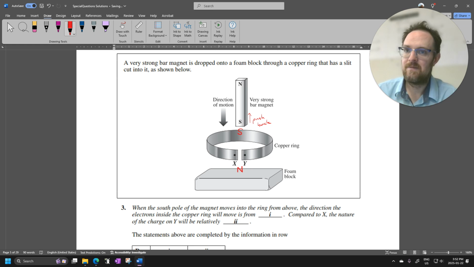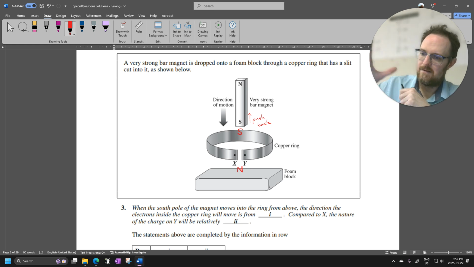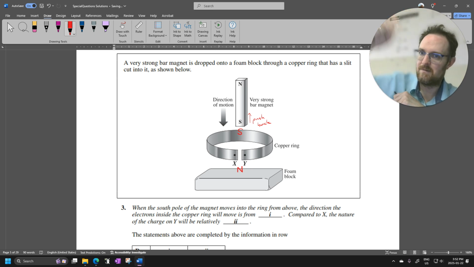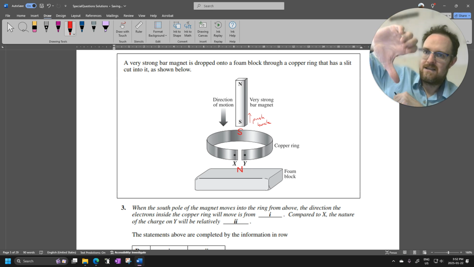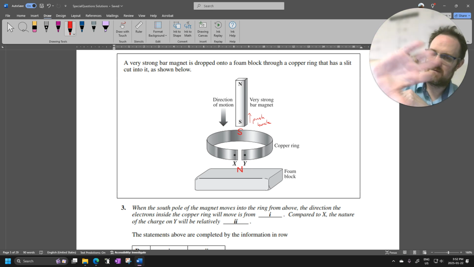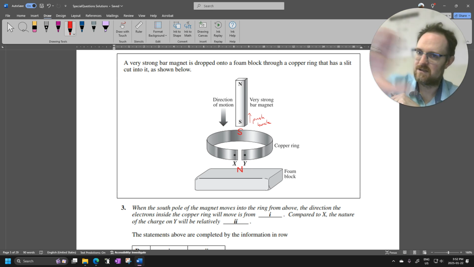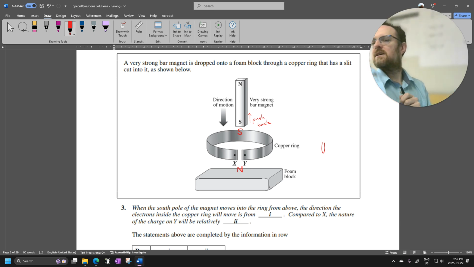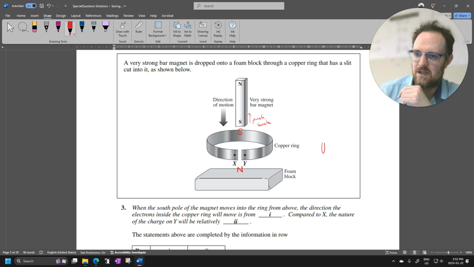Lenz's law, right? So because of that, I'm going to take my left hand, and I think we want to figure out which way the electron's moving. So we take our left hand, and we put our thumb in the direction where the north is. If south is on the top to push it back, then north must be on the bottom, right? So put my thumb in that direction, and then my fingers are going to wrap around the picture. Watch out, my hand. This is all reversed here, so I'm just going to put my hand off the screen here. So I'm going to put my thumb downwards, right? Thumb down. And my fingers are going to wrap